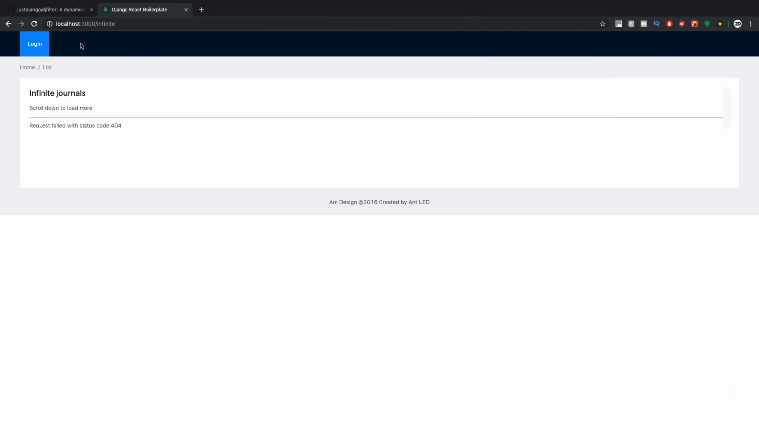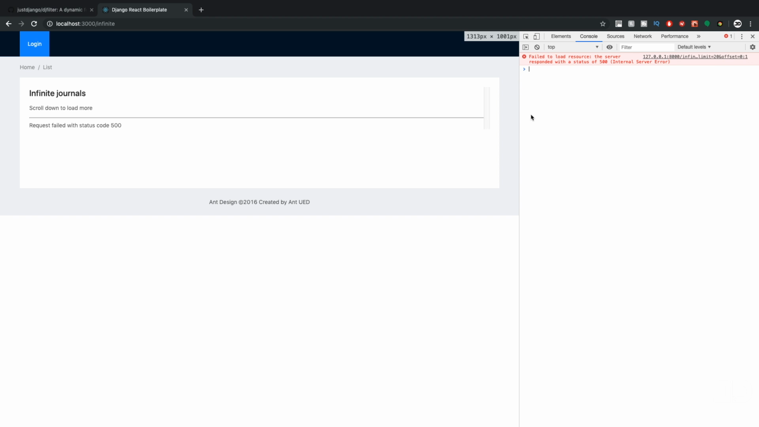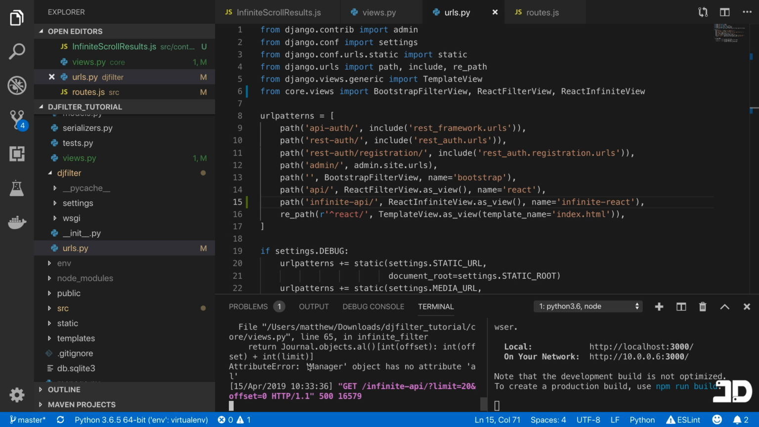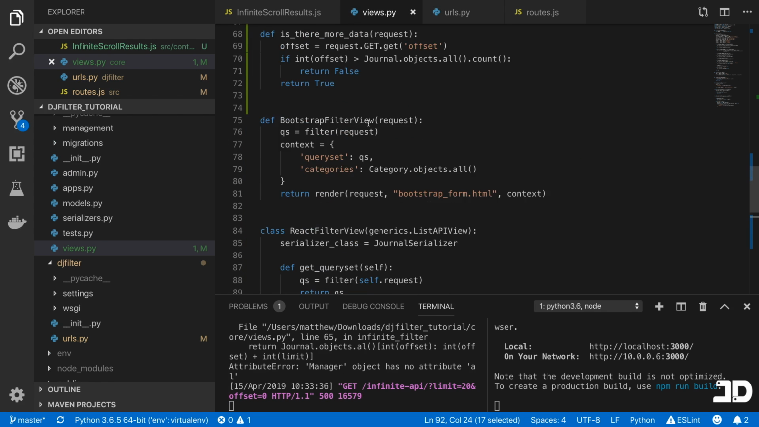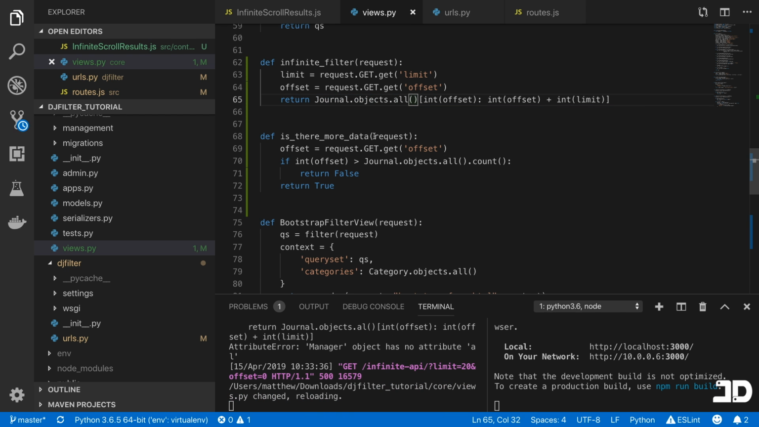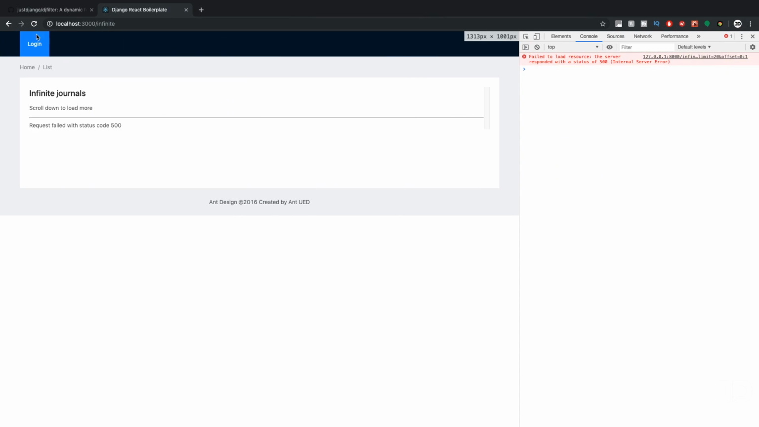So let's go to the browser and refresh this, and we see we're getting a status code 500. So let's go back and see here. It says your manager object has no attribute all, which is coming from this line here. We can see there's a typo, so this is meant to be .all. And if we try this again,